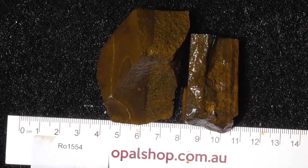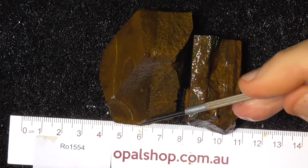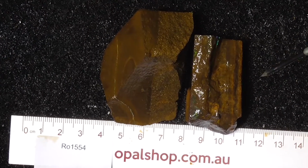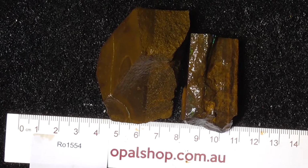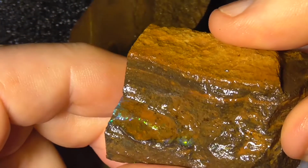G'day, here's a couple of Boulder Opal pieces from central Queensland, up near the Opalton area. Rules in millimetres and the material's been wetted. I'll just get a bit closer for you. Okay, the first piece,